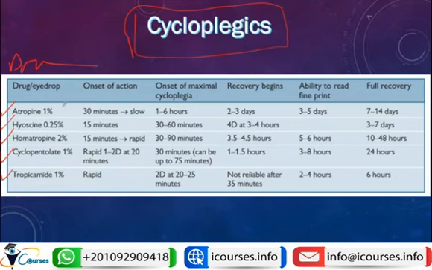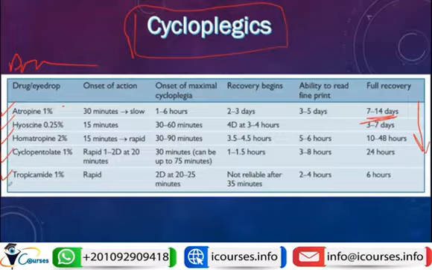These drugs are called the parasympatholytics, so they will antagonize the effect of acetylcholine at the constrictor pupillary muscle, and they will result in dilatation of the pupil, and also they will relax the ciliary muscle, causing cycloplegia. Atropine has the most extended duration. As we go down, hyoscine is weaker than atropine, homatropine is weaker than hyoscine,